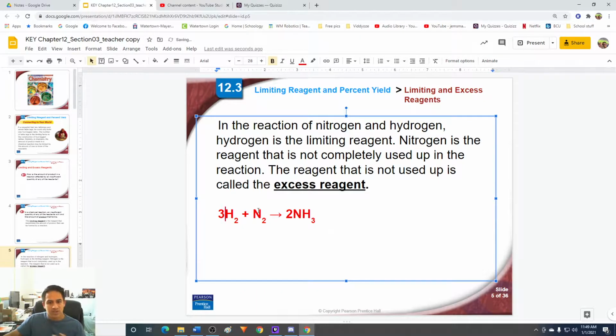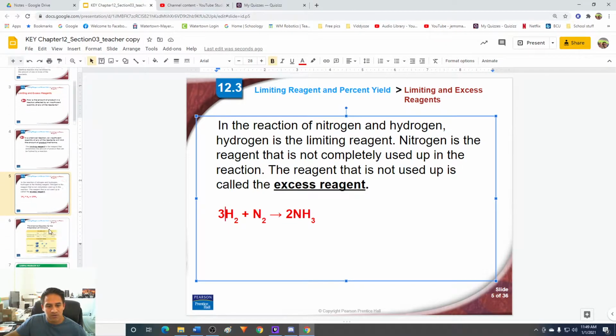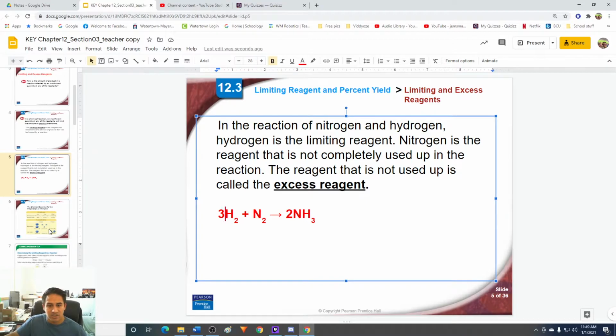Okay, all right, so in this reaction, they're basically saying hydrogen is the material that's going to run out first, and nitrogen is the one that will not be completely used up. So you're going to have some left over. This is what we call the excess reagent or the excess reactant. It's the material that doesn't run out first, that there's going to be some left over, and that's what you have in excess. Okay, now we're going to go through how do we know that hydrogen is the limiting reactant,